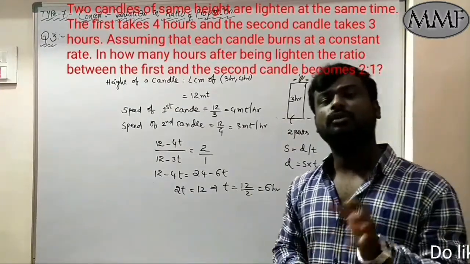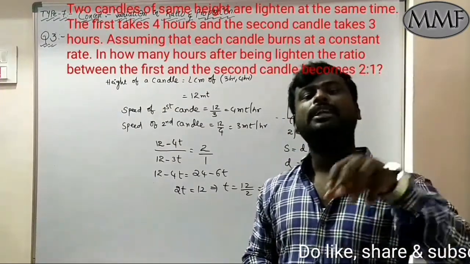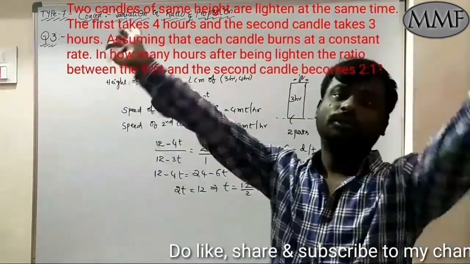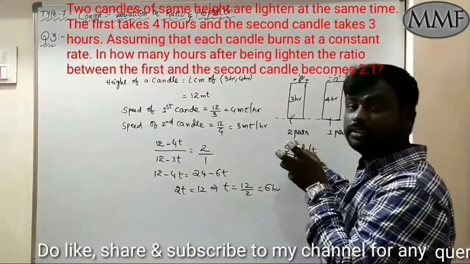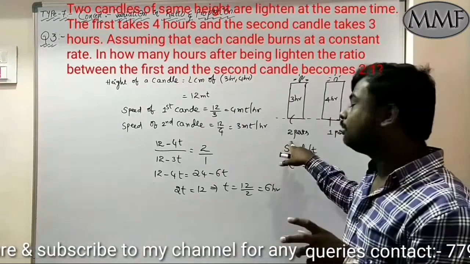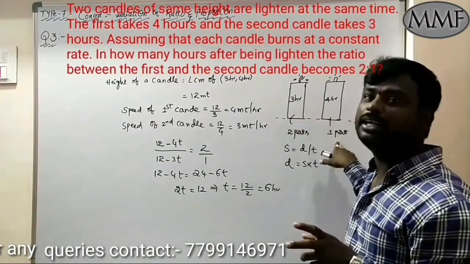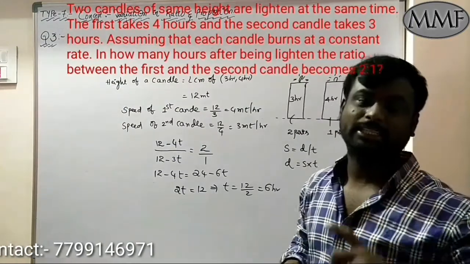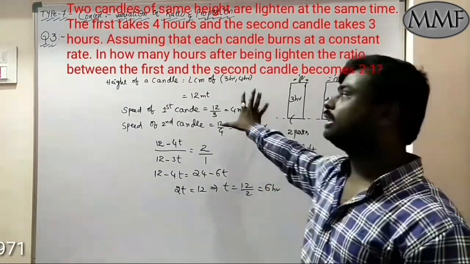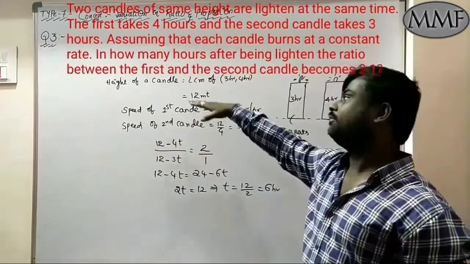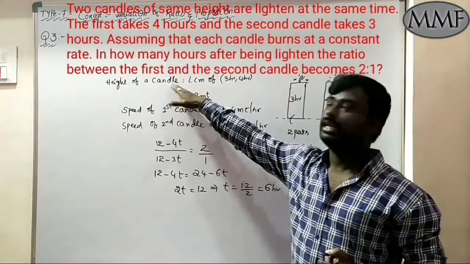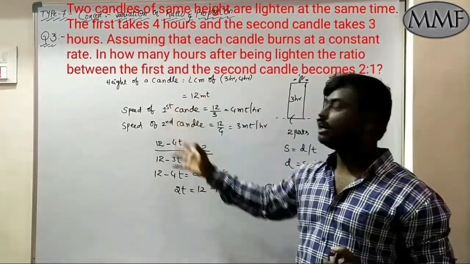Here what should we do? The length burned is directly proportional to time if the speed is constant, and inversely proportional in terms of the time taken. If you are burning 2 parts, you take less time. If you are taking more time, you are burning less distance, less length. Clear? So like this, all these types of questions we can do by using the LCM of times, then speeds after that.